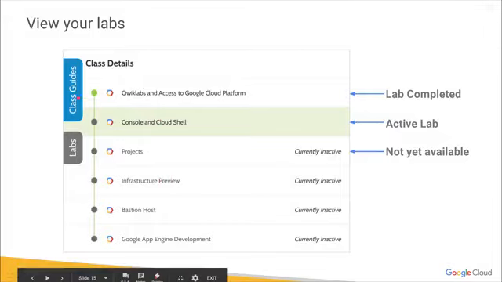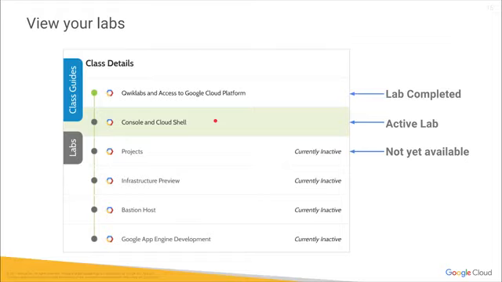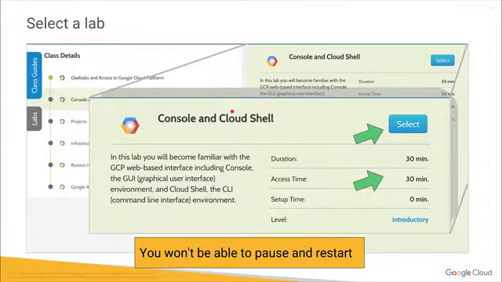In this case here, if there's a green arrow, it means you've completed it. If it's open, with the green highlighter, it means you're actually working in it at that point. And these are the ones that are not yet active or available. So in your case, just go through. You can actually repeat these. Sometimes I do find some students find that maybe there's not enough time, which will probably improve in the future. But in this case, just restart the lab if you get stuck and practice over and over until you feel comfortable.